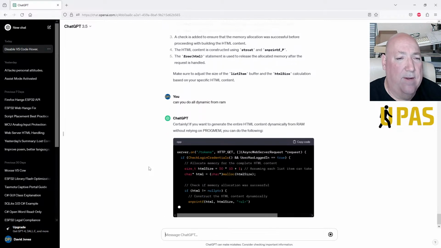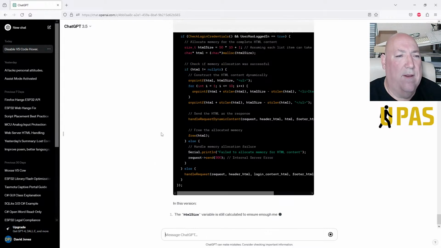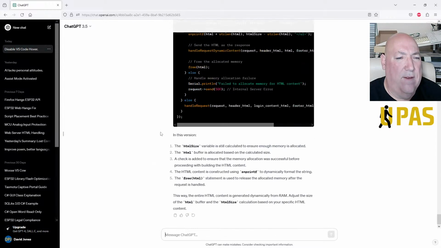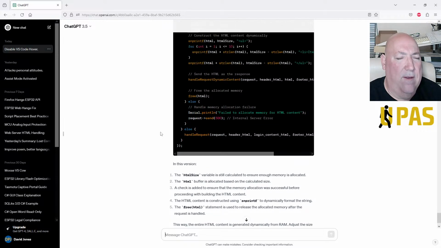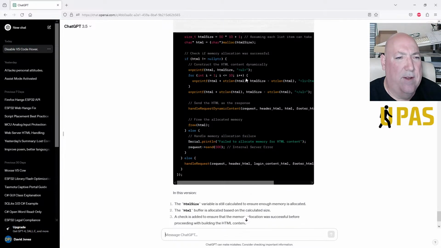Certainly. Okay. Alright, so we've got your HTML size, your null pointer, and we're doing it all from RAM.